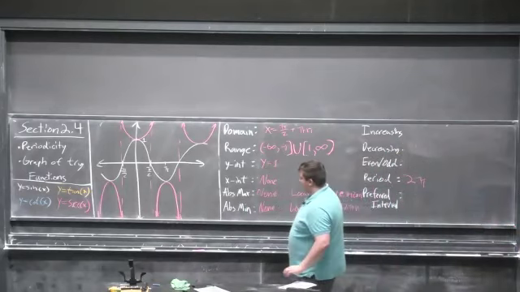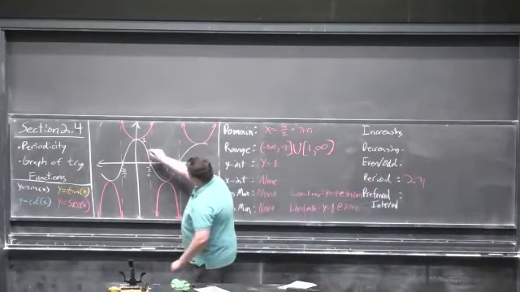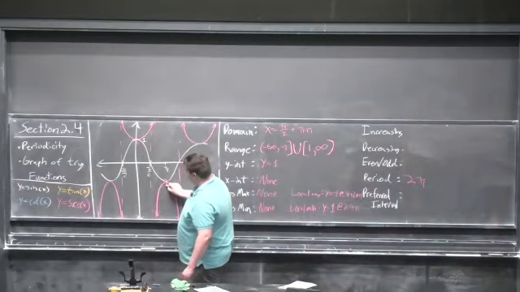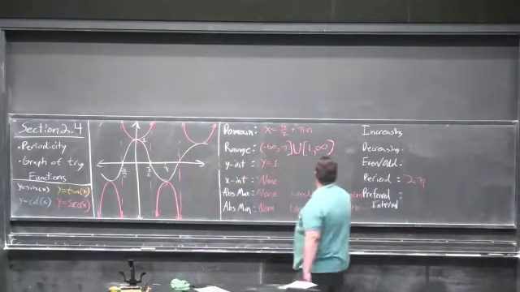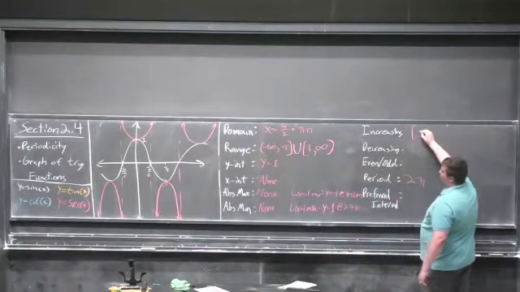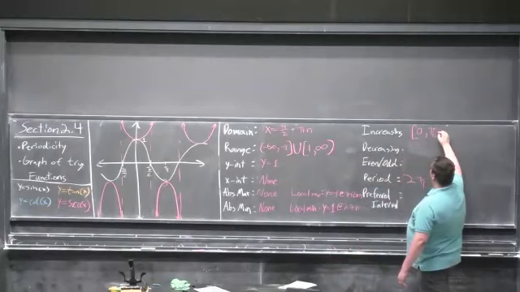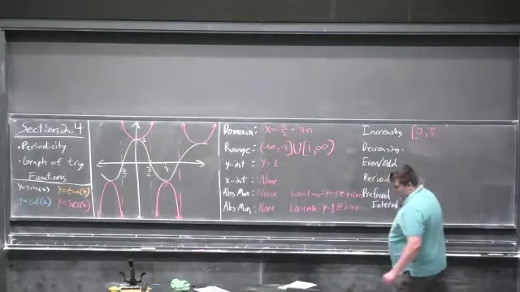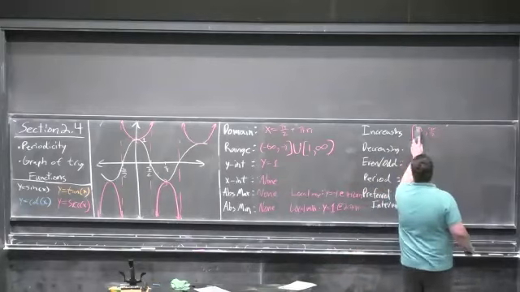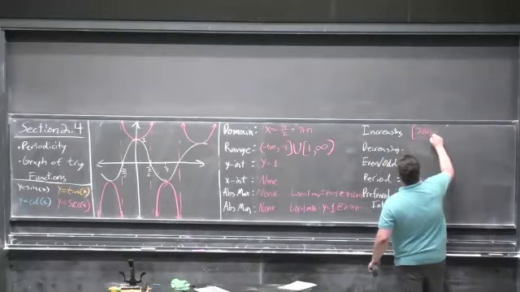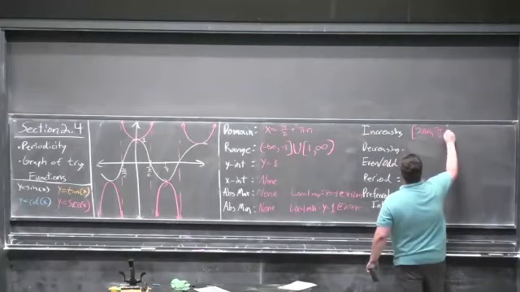We're increasing from this point onwards to this point, excluding pi over 2. So we're increasing from 0 to pi over 2, and we're going to add the 2 pi n, so 2 pi n to pi over 2 plus 2